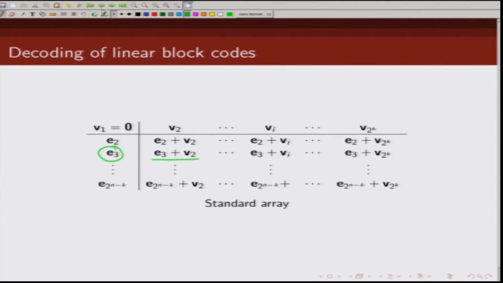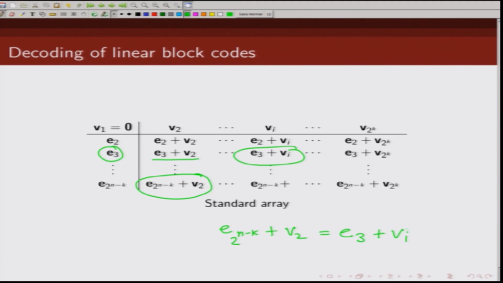So, let us say that is not true. Let us say two elements, this element and this element, are the same. If these two elements are the same, then we can write E2^(n-k) plus V2 equal to E3 plus Vi,